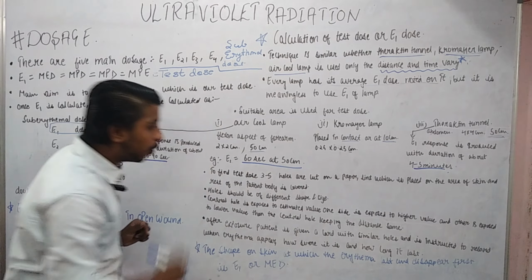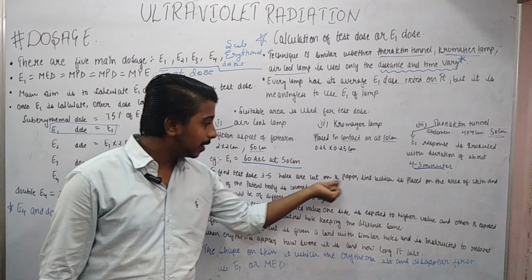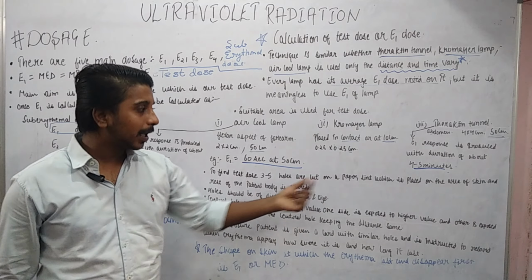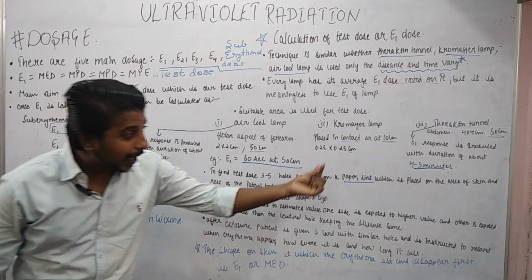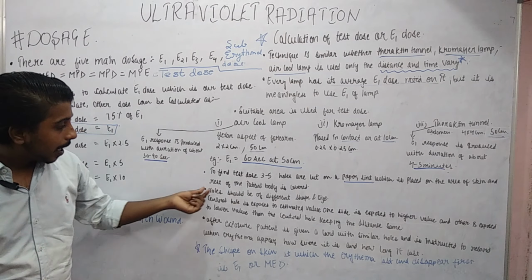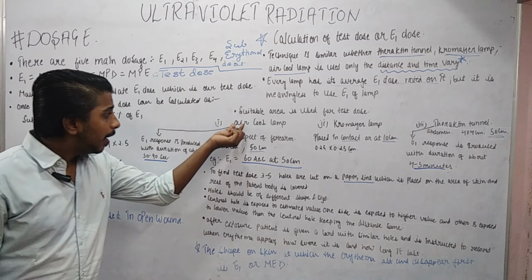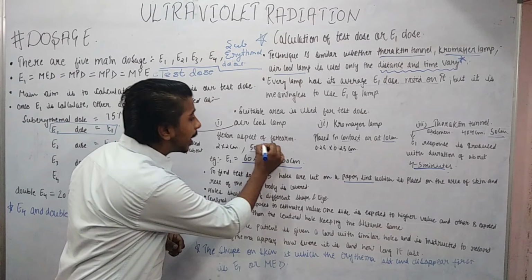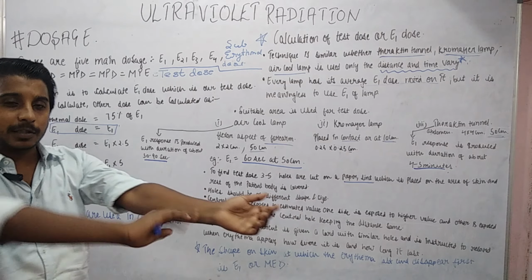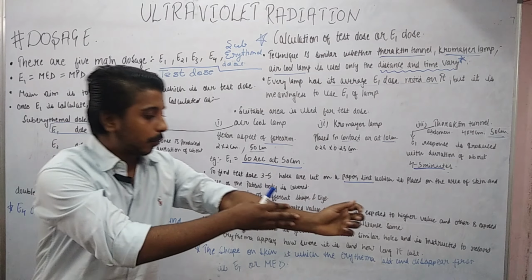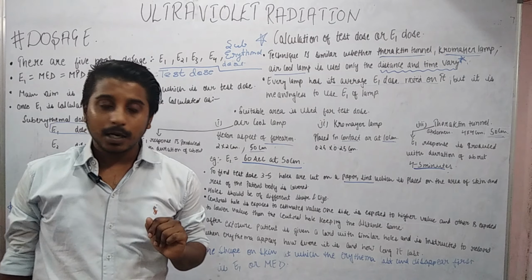To find the test dose, we use 3 to 5 holes cut on a paper or lint. You can either use a paper or a lint which is placed on the area of skin, and the rest of the patient's body is covered. For an air cooled lamp we use the flexor aspect of the forearm. So definitely you will use this area. I am the patient for you. Okay, so this is the area at which you will calculate the dose.